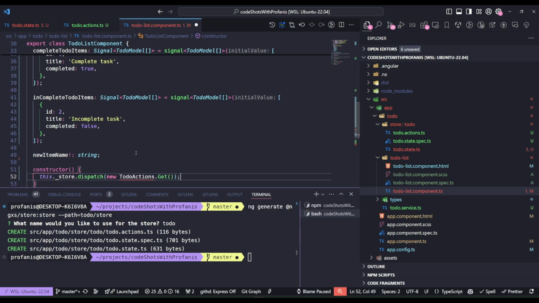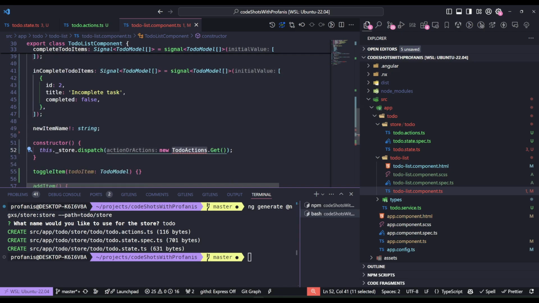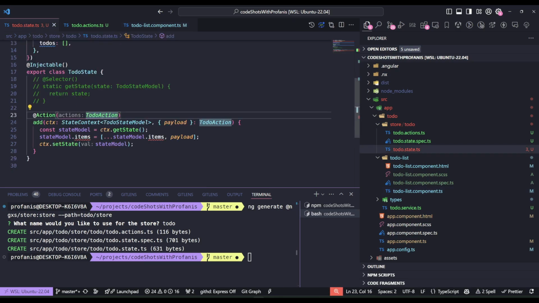And my action will be not this one, but I have to go and grab the to-do actions namespace. Oh yeah, actually that was correct. Add the import, and yeah, this is what we have to do. So let's now go to the to-do state and start implementing. And I will rename this to a get. And I would like to bind this method to an actual get of the to-do